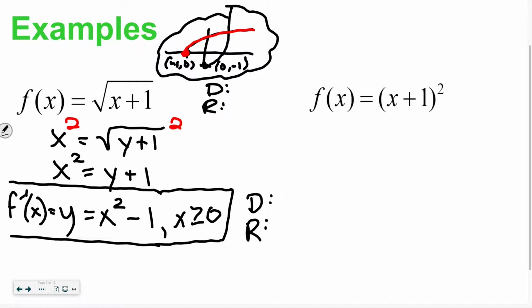Domain started at -1 with a bracket, right, to positive infinity to the right. And the range started at 0 because there was no up and down movement in our transformation. So 0 to infinity. And if you flip-flop those, domain should be 0 to infinity,